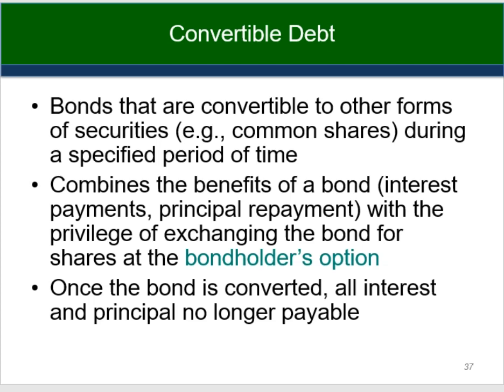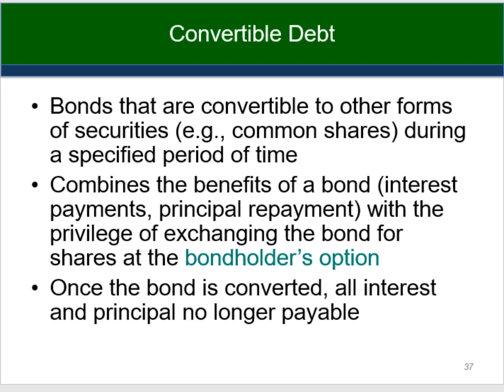Corporations issue convertible debt for two main reasons. One is they want to raise equity capital without giving up more ownership control than is necessary. And so as long as they can continue to pay the debt obligation, they don't have to dilute their ownership interest. The other is to obtain debt financing at a cheaper rate because of the convertible bond. The conversion privilege would allow you to sell the bonds for a higher price, a lower interest rate.